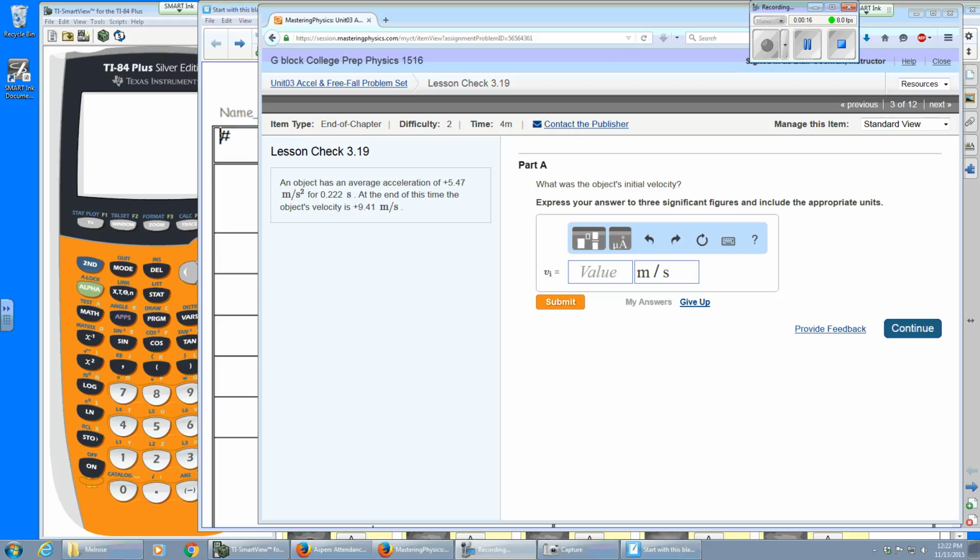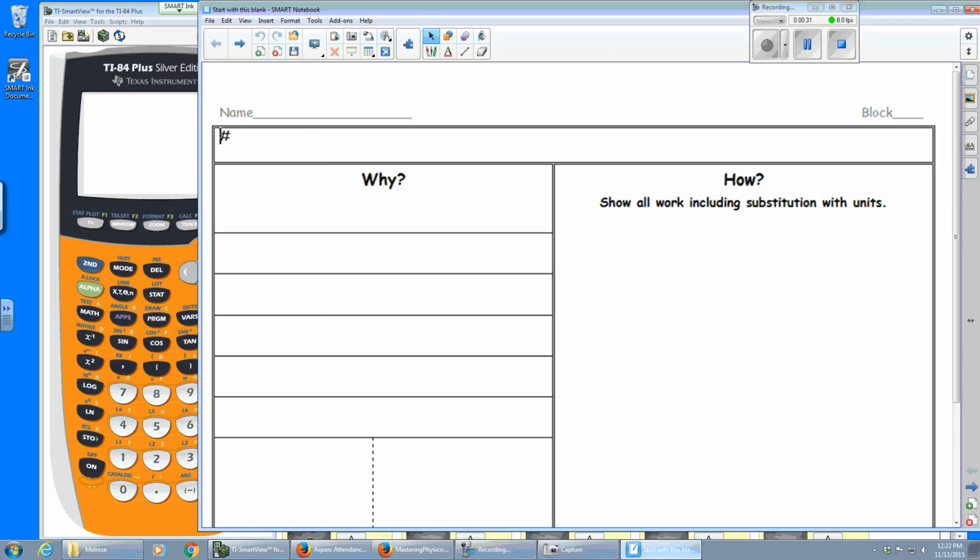The problem tells us about the acceleration for a certain time, and at the end of the time, it has this velocity, and it wants to know what the initial velocity is. So in the y,